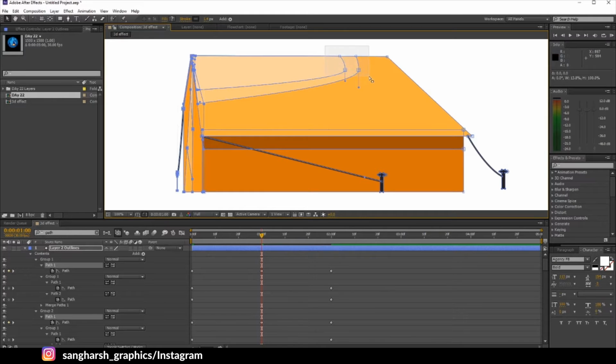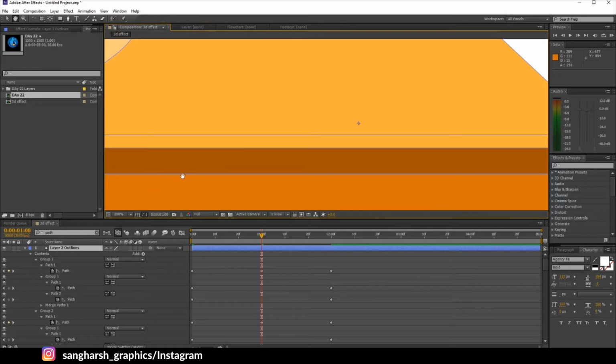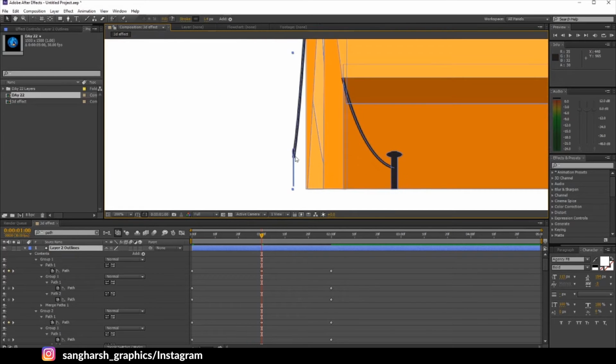Select 2 of these points and drag them on the Y position, something like here. Now select this down object, drag it to here. Yeah, as you can see, you need to adjust some shapes manually.